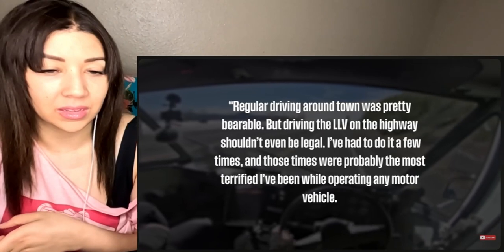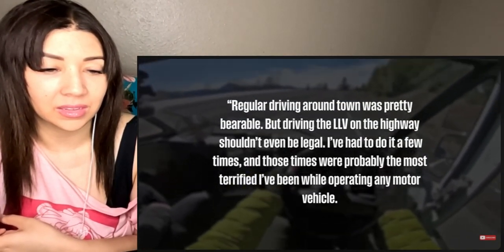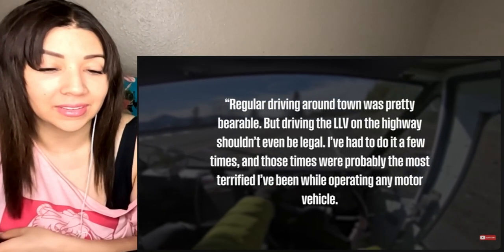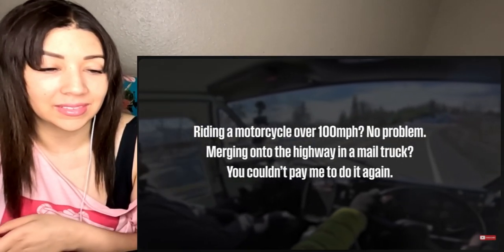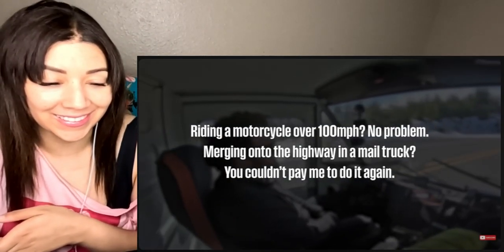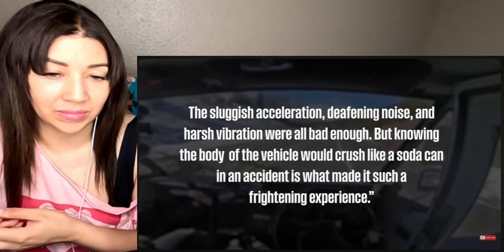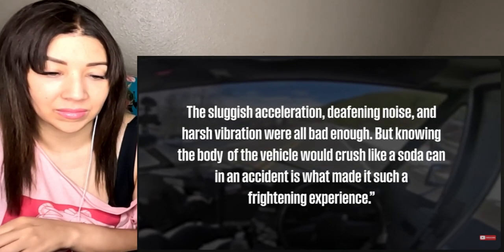Quote, regular driving around town was pretty bearable, but driving the LLV on the highway shouldn't even be legal. I've had to do it a few times, and those times were probably the most terrified I've been while operating any motor vehicle. Riding a motorcycle over 100 miles an hour? No problem. Merging onto the highway in a mail truck? You couldn't pay me to do it again. The sluggish acceleration, deafening noise, and harsh vibration were all bad enough. But knowing the body of the vehicle would crush like a soda can in an accident is what made it